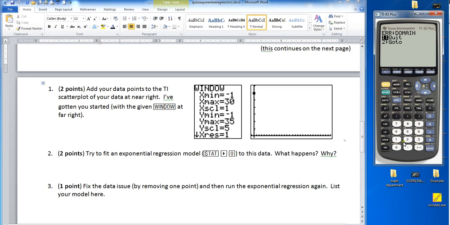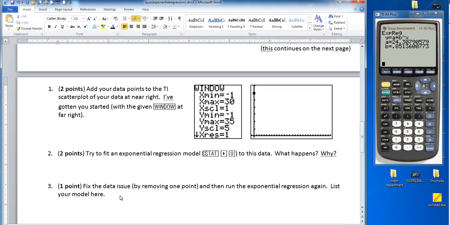You probably remember that the reason this happens is you have to go back in. You can't ever have a y value of 0 with an exponential regression. You have to delete that out. It doesn't like the zero because it knows you can't get to 0. If you try it again, boom, there's your model. My model comes out to be y equals